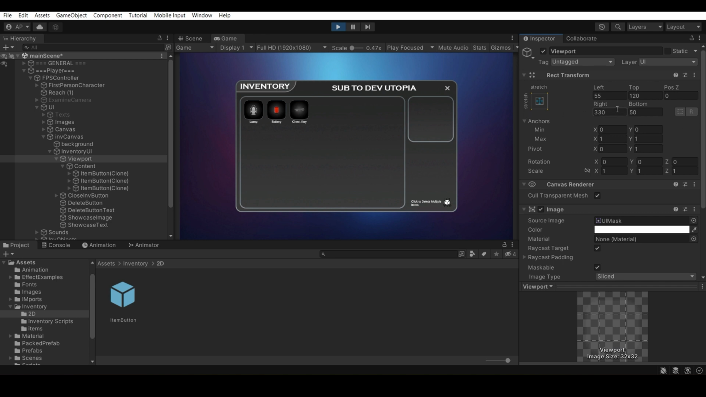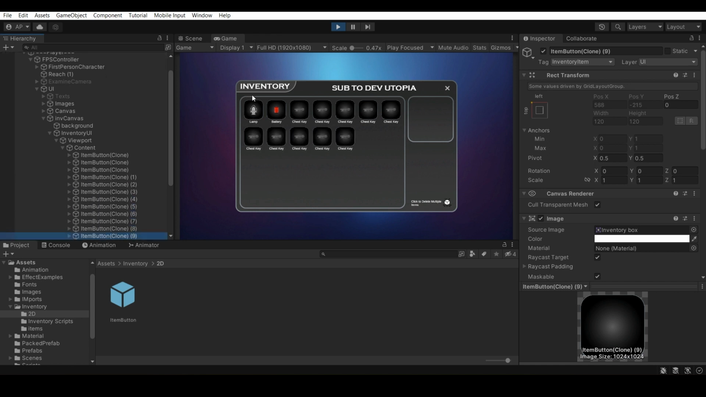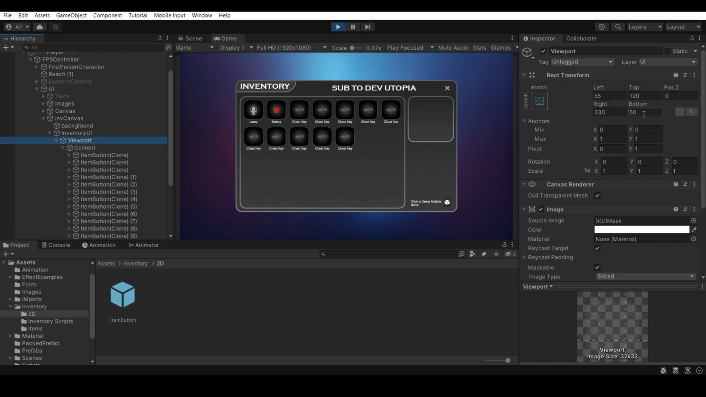Yes, this is 50. This is a viewport. I'll show you what it does: if I just add multiple items like this, you see the bounds are this box, not this box. The bounds are this box. This is because of the viewport values, if I change it to like